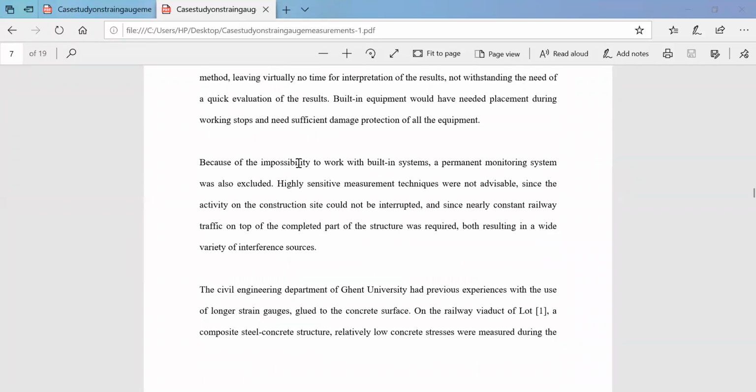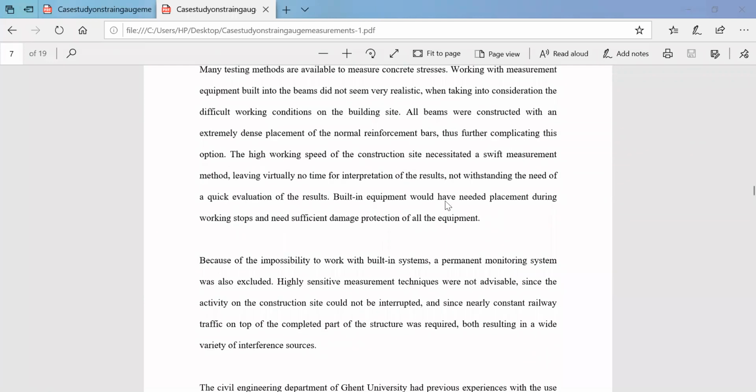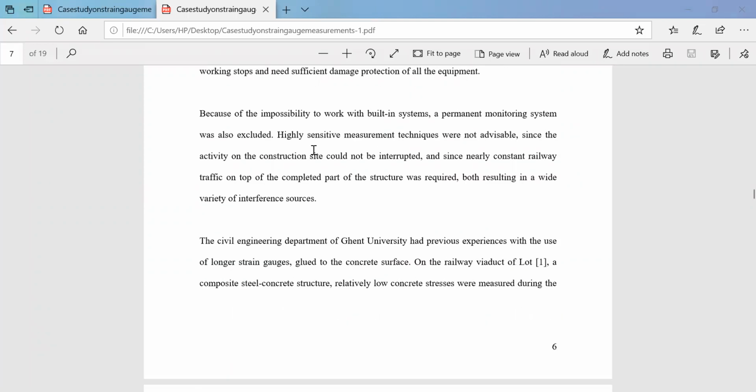So due to this impossibility to work with a built-in system, a permanent monitoring system was excluded. Before, they thought they would embed a permanent monitoring system along with the walls of the bridge, with devices which can sense the stress and the strain. But since this was overruled, they later came to a technique called highly sensitive measurement techniques, which were not advisable since